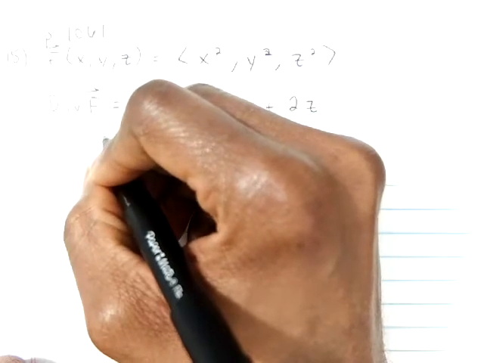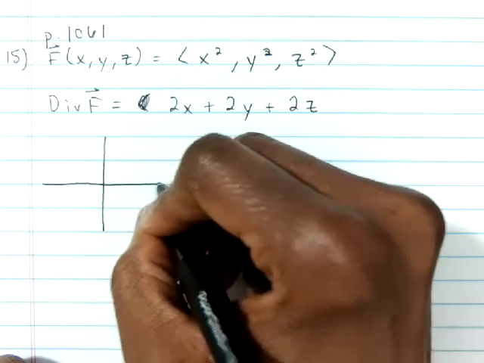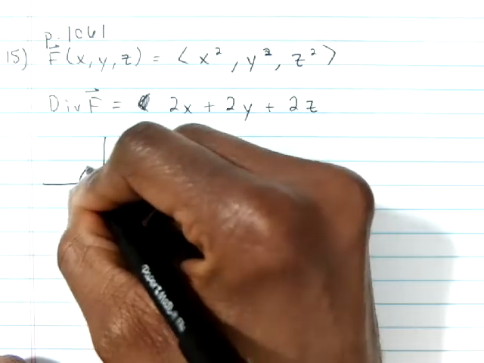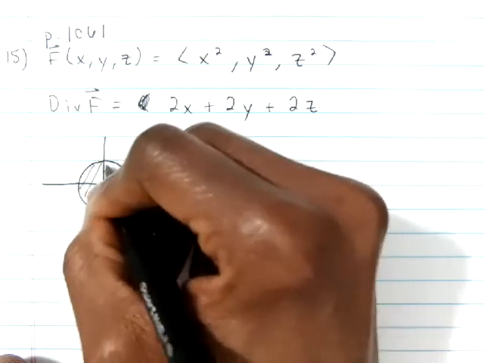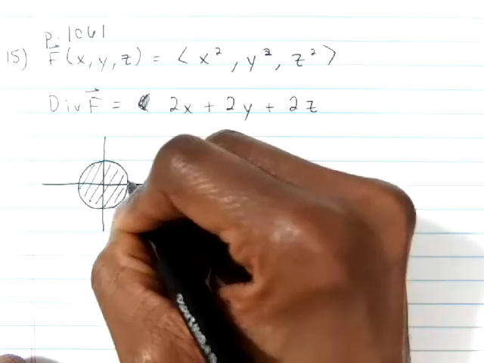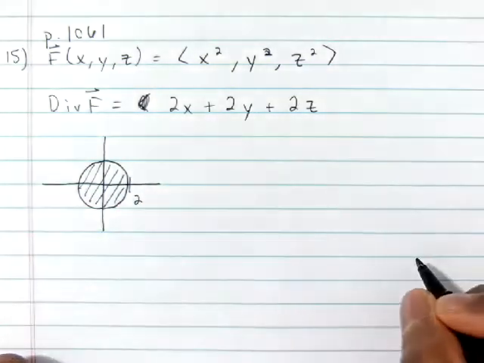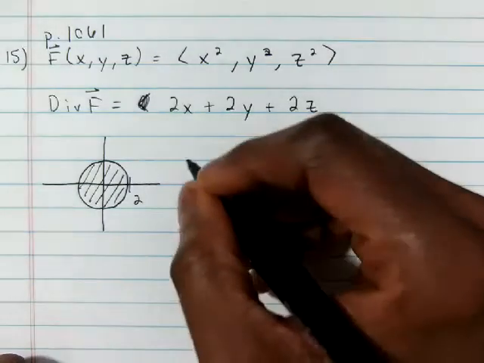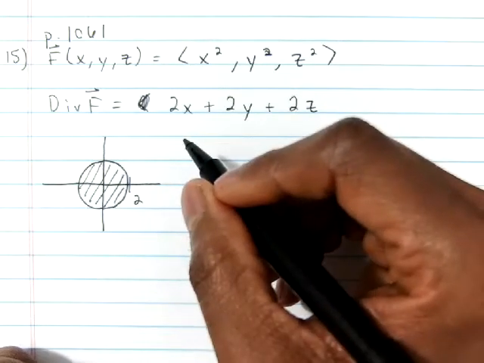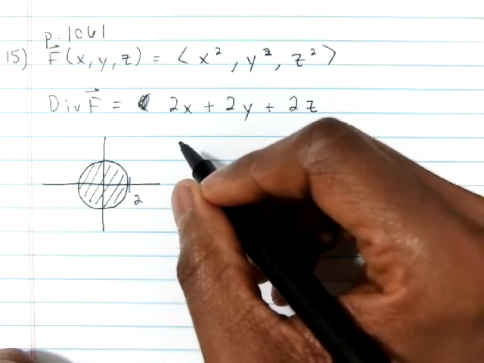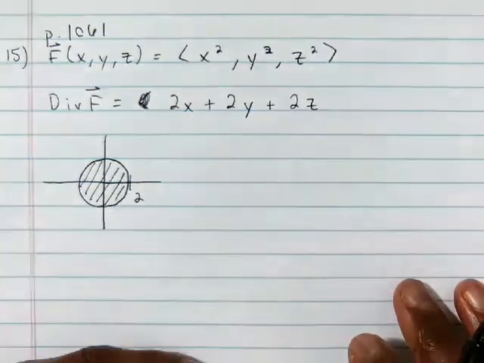So we're integrating over that portion of the cylinder. We take that cylinder and project it down into the xy plane. We would have this region in the xy plane where our radius was 2. Now if we set up our region D, we can do it in rectangular coordinates, or we can do it in cylindrical coordinates. Cylindrical coordinates will be the easier of the two. So since we're going to do that in cylindrical coordinates,